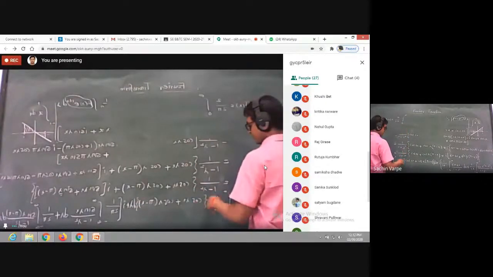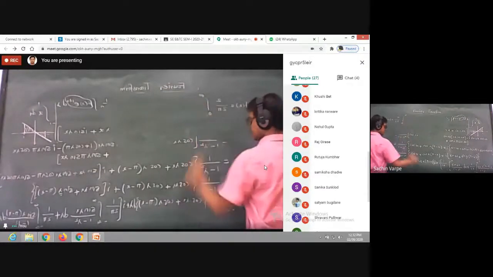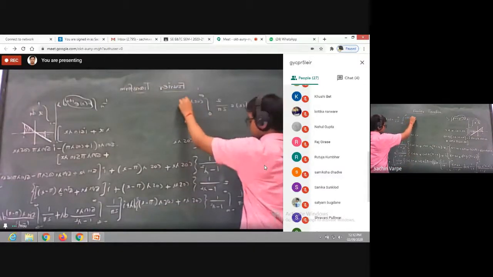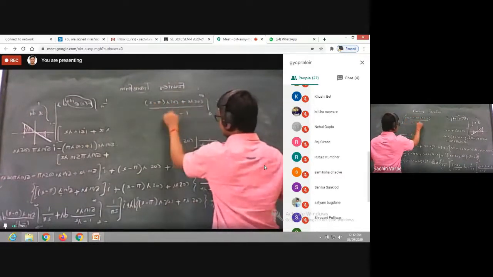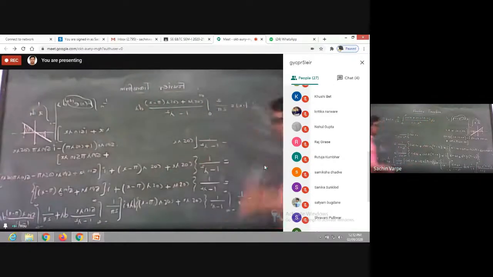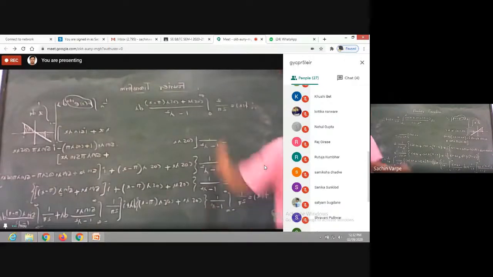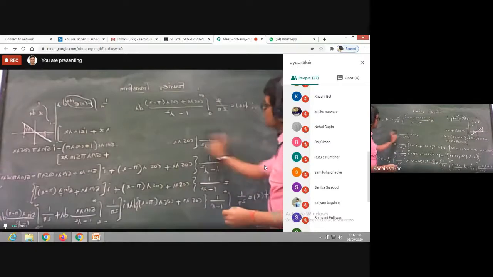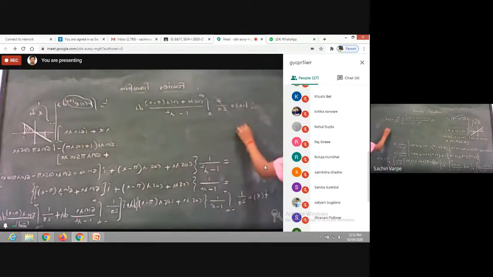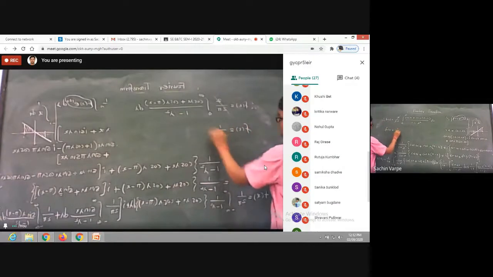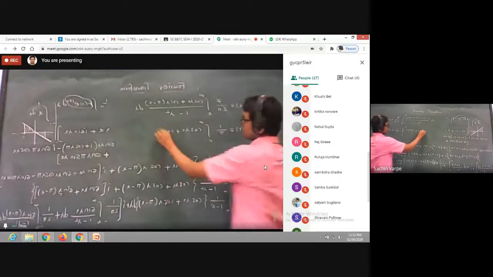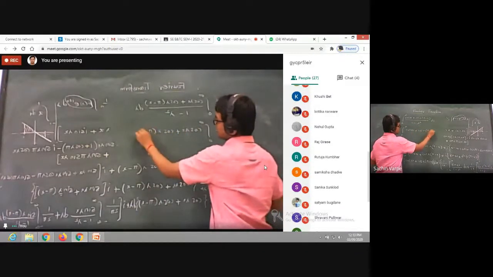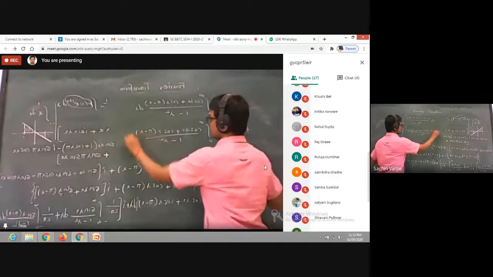Okay. 1 upon 1 minus lambda square, or I am writing this as a numerator, cos of lambda x plus cos of lambda into pi minus x upon 1 minus lambda square d lambda. So is it the required one? You can check. That is what the first part we were asked to prove. Is that okay? f(x) is equal to 1 upon pi integral from 0 to infinity of cos of lambda x plus cos of lambda into pi minus x upon 1 minus lambda square d lambda.